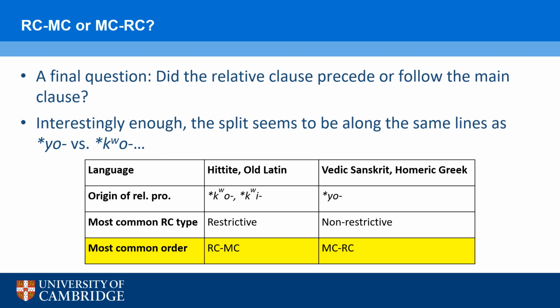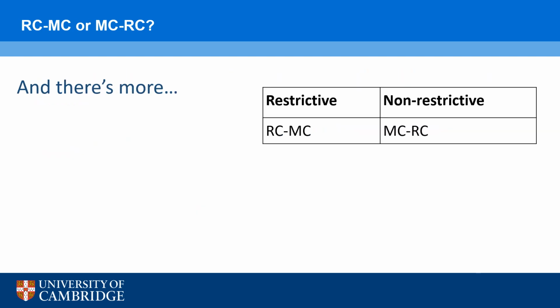In our Yacht languages, with their preponderance of non-restrictive relative clauses, we see that the main clause tends to come first and the relative clause follows it. But that's not all. Let's take that bottom corner of the table and blow it up. If we put it on its own, we actually describe another pattern, a pattern within a pattern if you like,